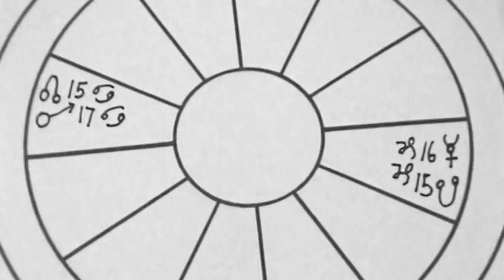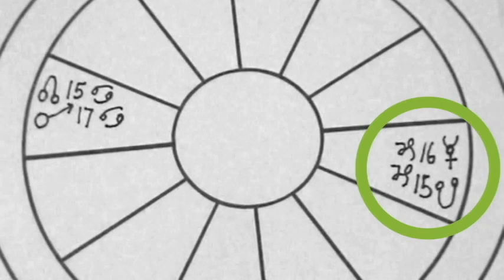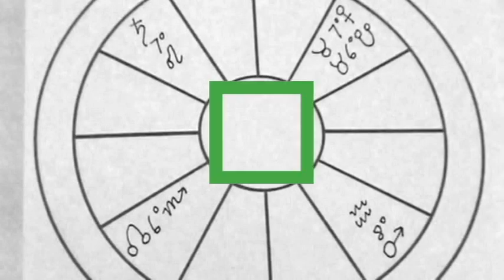The final factor to discuss is aspects to the nodes. Planets that are conjunct the South Node or in square to it are generally found to be difficult to cope with. An individual who is able to release the past has a much easier time of it than someone who clings to the past. Releasing the past means balance between the nodes rather than contradiction.